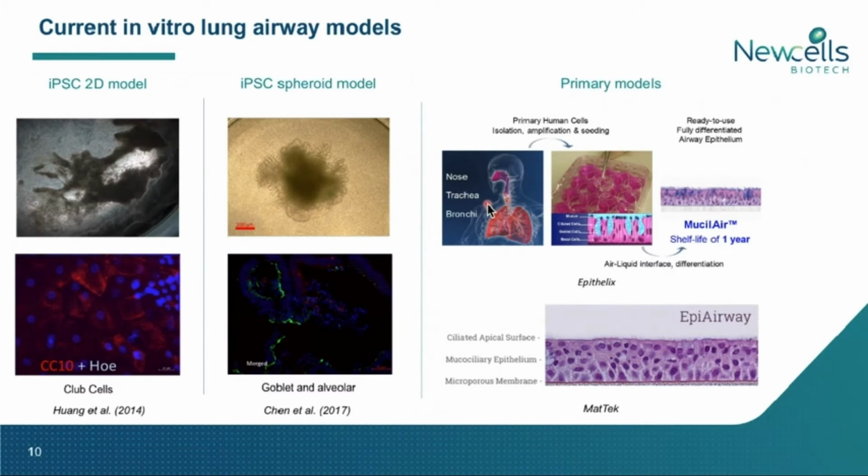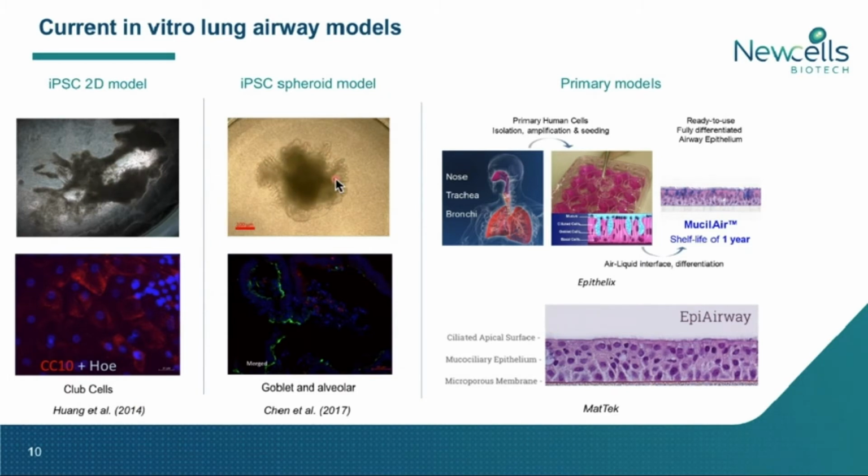And that's great because we can, at least in theory, make constructs or products which are less variable. We can achieve a much greater degree of batch-to-batch similarity between lung organoids or lung constructs that we can make. But until the last few years, the possibility of making something that was a broad equivalent of, let's say, airway was more restricted. Sure, there were ways of making 2D differentiation cultures,